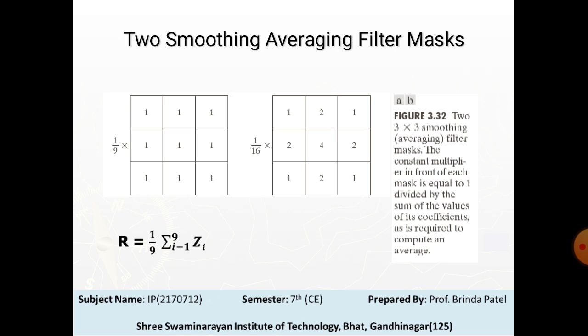The second mask yields a so-called weighted average, terminology used to indicate that pixels are multiplied by different coefficients, giving more importance to some pixels at the expense of others. In the mask shown in figure 3.32 figure B, the pixel at the center of the mask is multiplied by a higher value than any other, thus giving this pixel more importance in the calculation of the average.